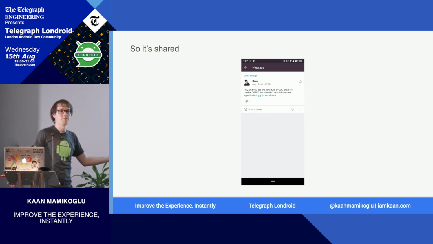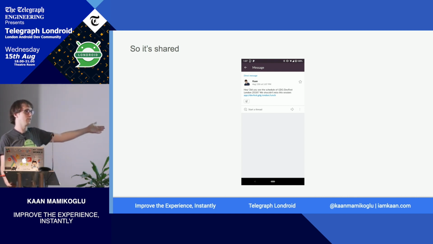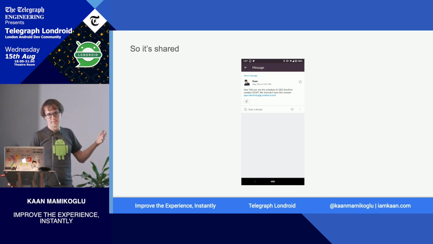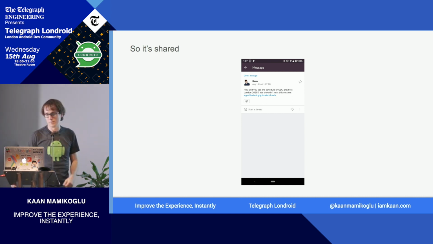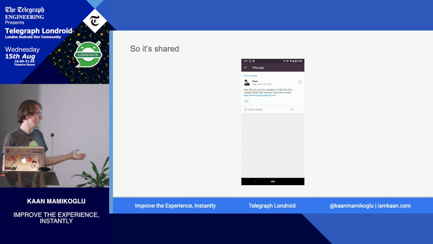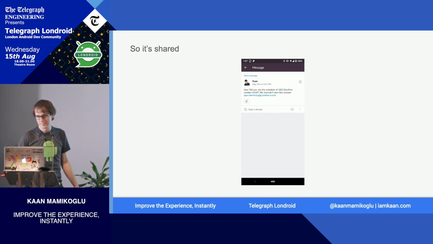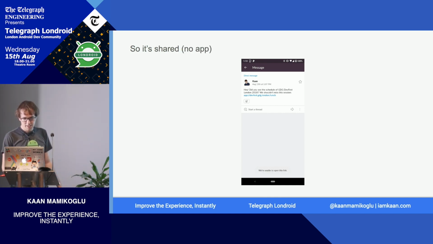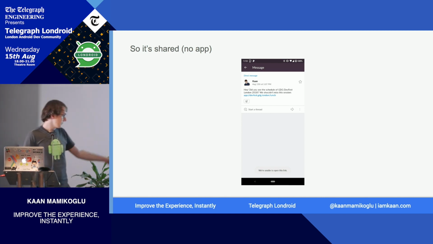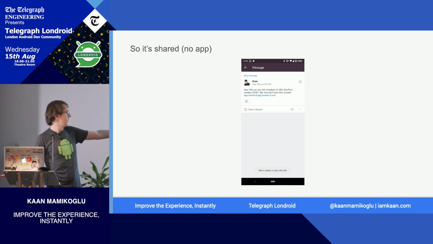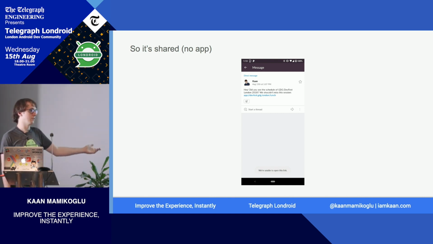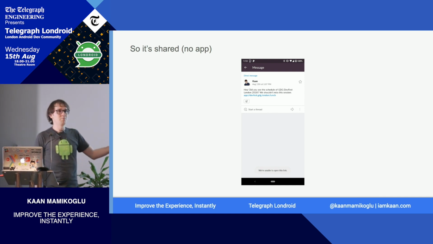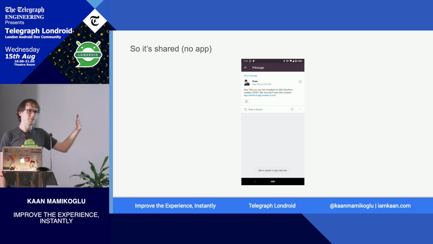The biggest problem is that if the user clicks on this link on web, it will try to open and then it will probably go to some directory or something. So not good things won't happen. If there's no app on a mobile device, then in this case, Slack is handling it, just showing a toast that you cannot open the link. But if the app is not actually handling it, it will crash